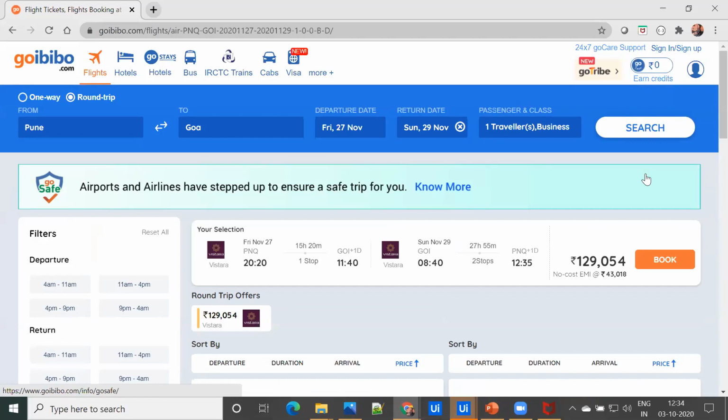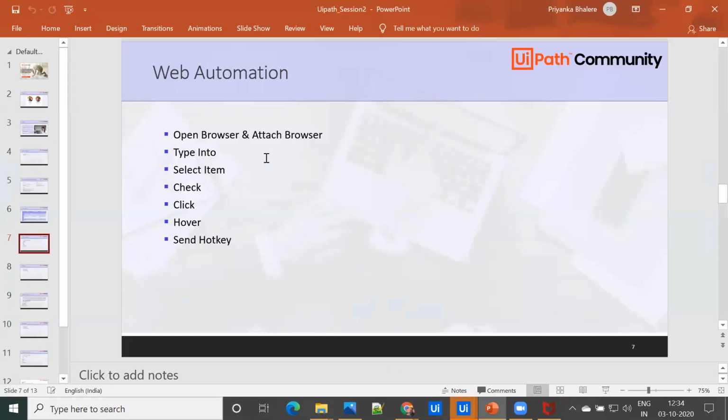So this is how we can interact with the web browser, and this is how we can deal with the screen, get the data from the screen and pass data to the screen. So till now we have seen data scraping, screen scraping, input methods, and how we can automate the web. So that's all from my side, and I'm handing over the next topic to Deepak. So Deepak, over to you. I'm stopping my screen. Thank you, Priyanka.